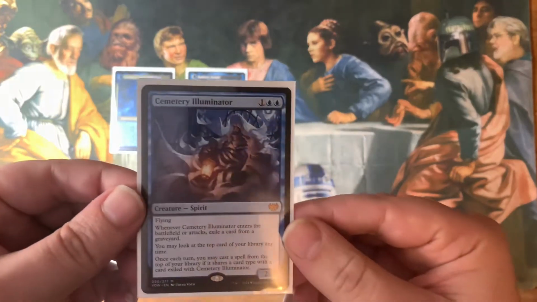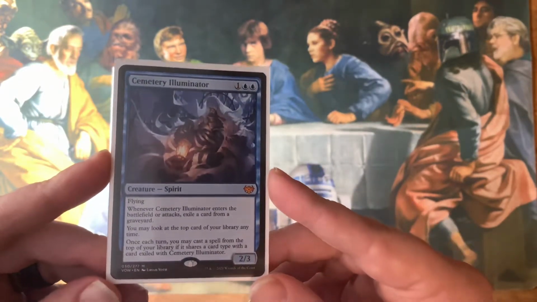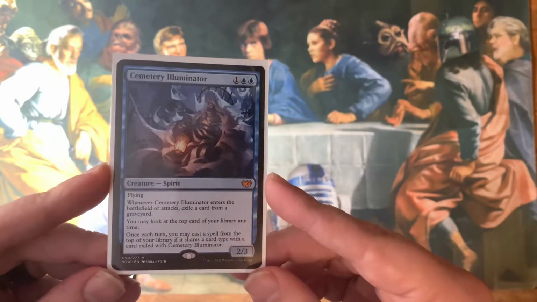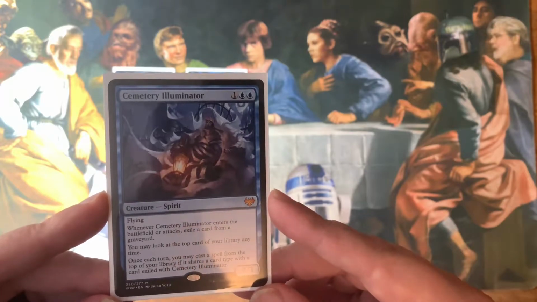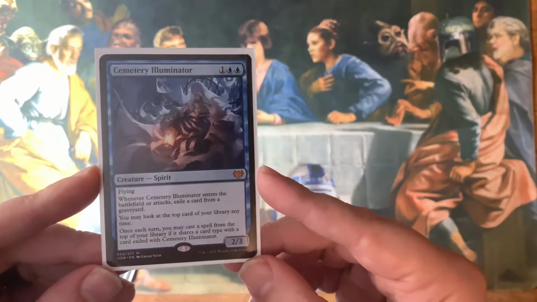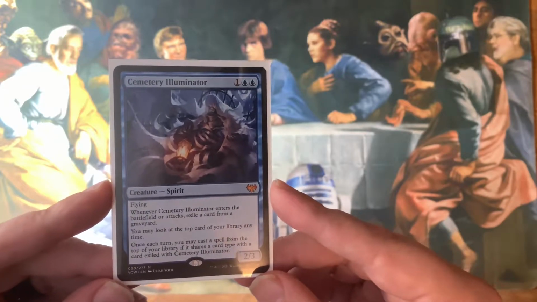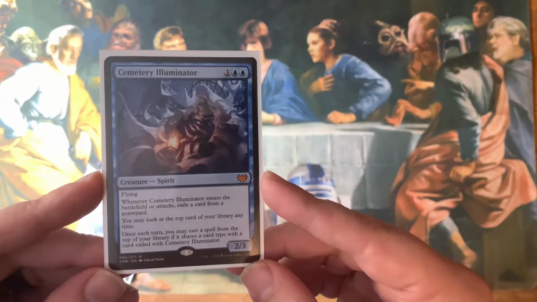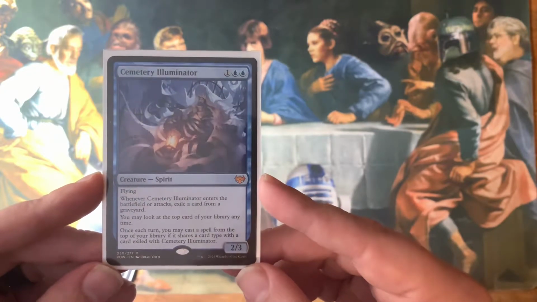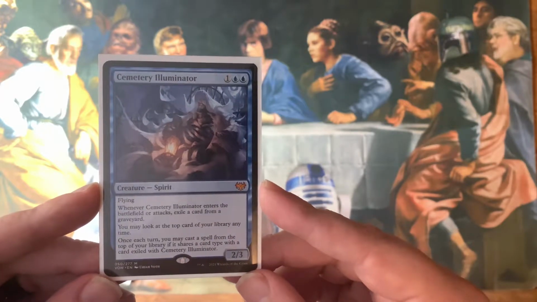Running Cemetery Illuminator in this deck. I've talked about this card before as well. In this deck particularly, this card is going to do well because it says whenever it enters the battlefield or attacks, you get to exile a card from a graveyard. You may also look at the top card of your library anytime, and then once each turn, you may cast a spell from the top card of your library if it shares a card type with a card exiled with